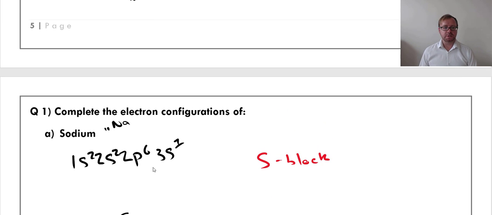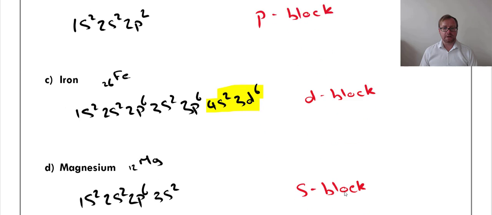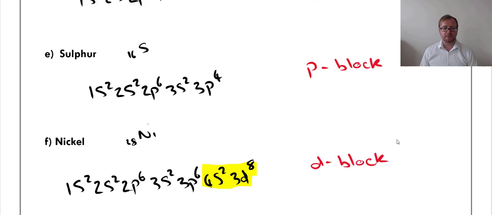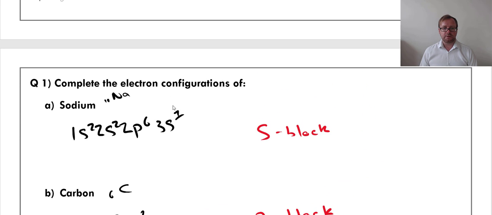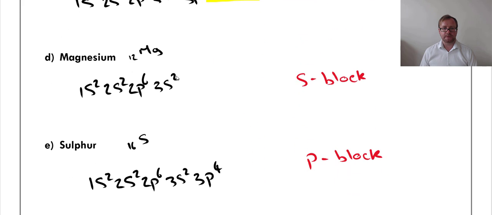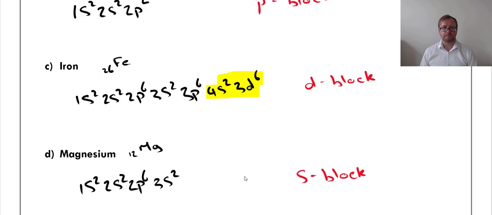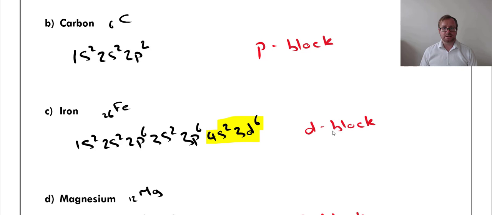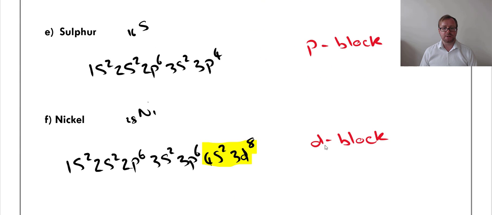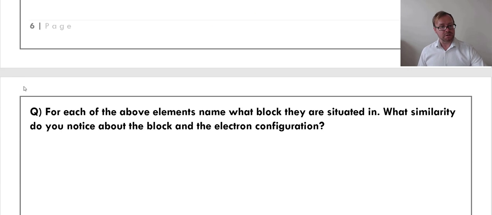Okay, so hope you noticed something. If we have a look at this, sodium is in the S block, carbon is P block, iron D block, magnesium S block, sulfur P block, and nickel D block. And you may have noticed, if you look at the very last subshell which is filled: S1, sodium in the S block; magnesium S2, magnesium in the S block; sulfur P4 in the P block; carbon P2 in the P block; and D6 for iron, which is situated in the D block; and nickel D8, which is also situated in the D block. So that tells us that the